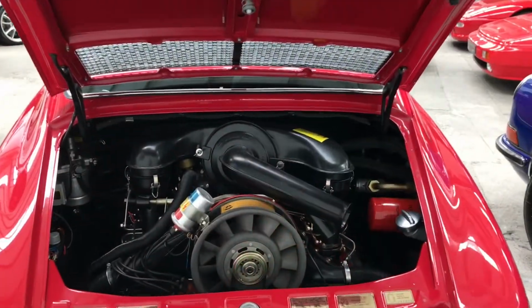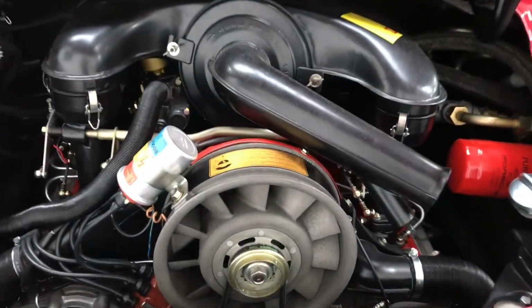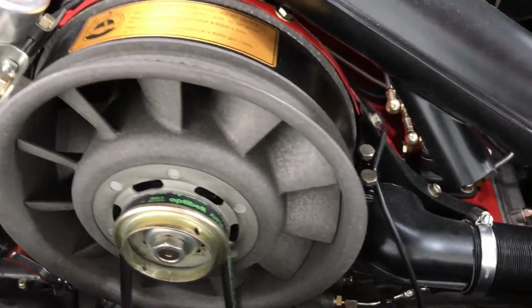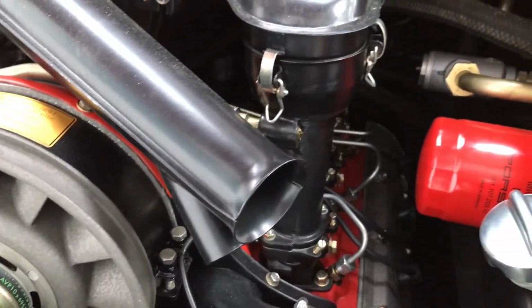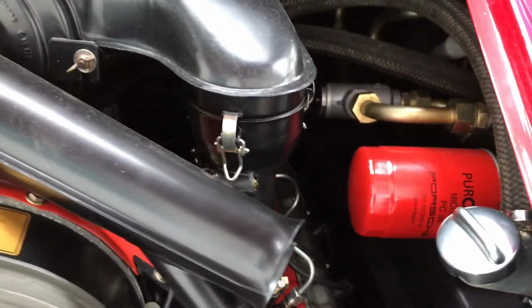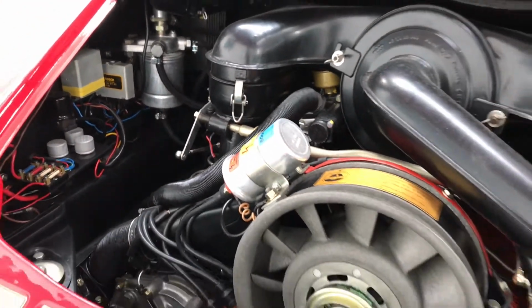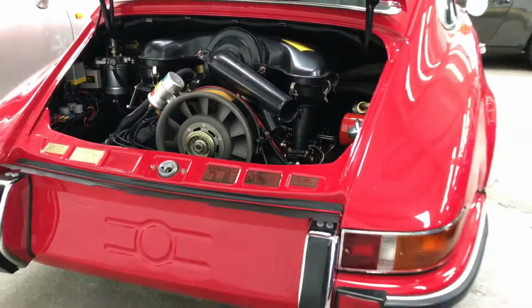In the engine bay, equally as impressive. It looks just right. All the finishes and components, and of course this is a matching number 2-litre MFI, mechanical fuel injection car. This was their highest performance car, costing £4,300 here in the UK in